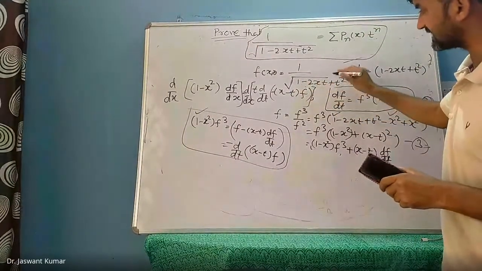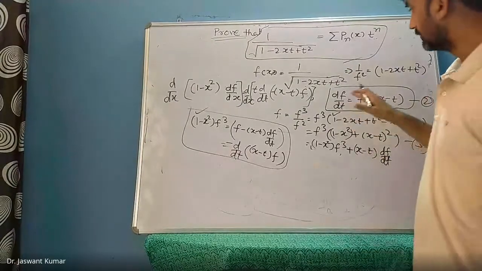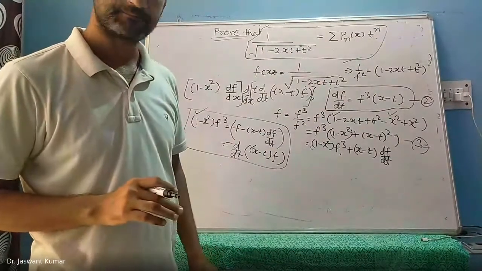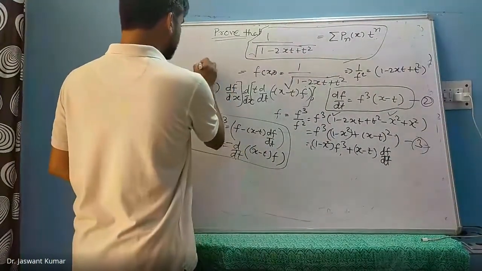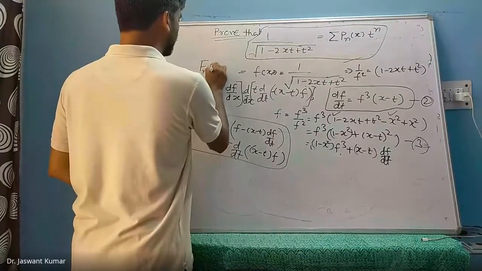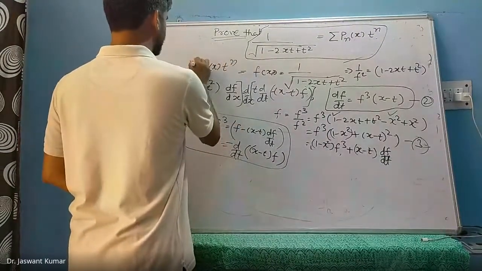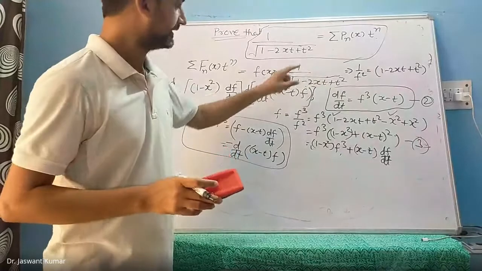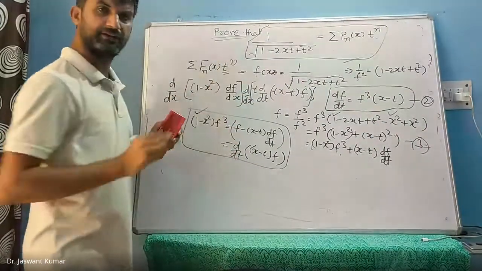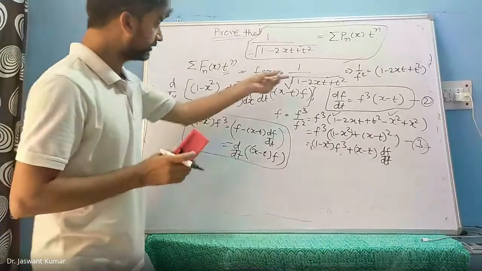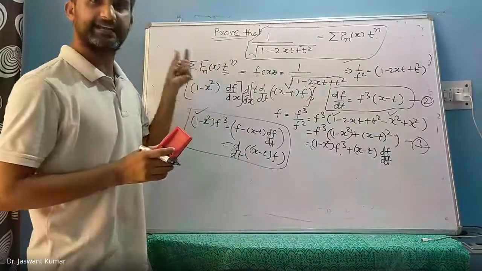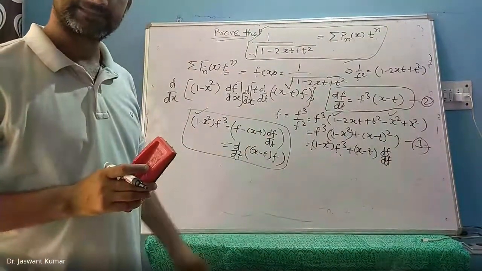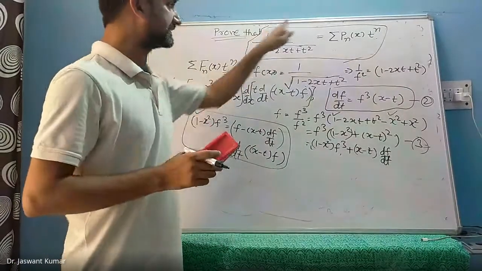एक और चीज देखिएगा बच्चे, this fxt was 1 minus 2xt plus t square. So whatever this fxt is, we do not say that this fxt is this pnx. But this will ultimately be equal to some fn of xt to the power n. If you take the binomial expression for this, then there will be a t to the power n term that will be coming in the binomial expression. What we are not sure is whether the coefficient that will be coming with it will be pnx or not. That is our aim, to prove that this fnx is in fact pnx.